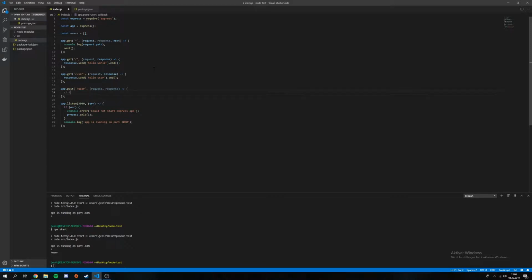And what we're going to do now is post a user to this endpoint, and we are going to store it in this array. So to do: get JSON from request and push into user array. So first of all, we need a